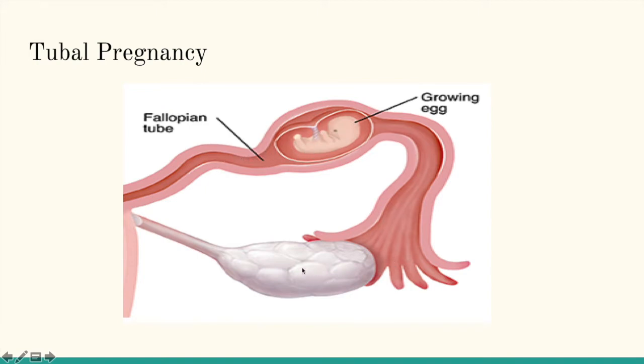This is the ovary. From here, the oocyte will be released and it reaches the ampulla region. There will be the fusion of male and female gametes at this ampulla region, and there is fertilization here. After fertilization, the fertilized zygote should travel through the fallopian tube and enter the fundus of the uterus and be implanted there. But instead of moving to the fundus, the fertilized zygote develops in the fallopian tube itself. So there is a chance of rupture of the fallopian tube in this case. This condition is known as tubal pregnancy.